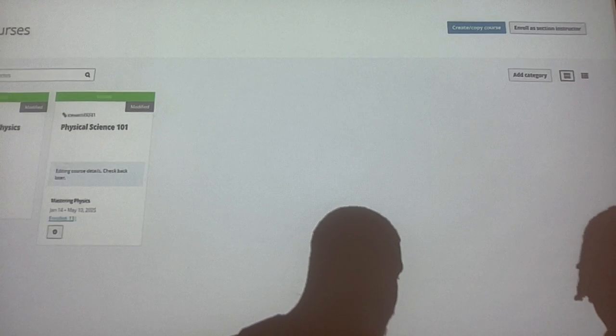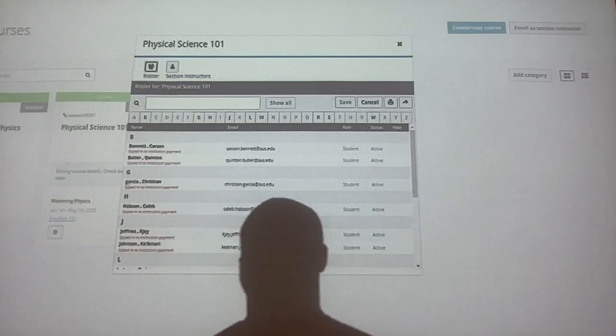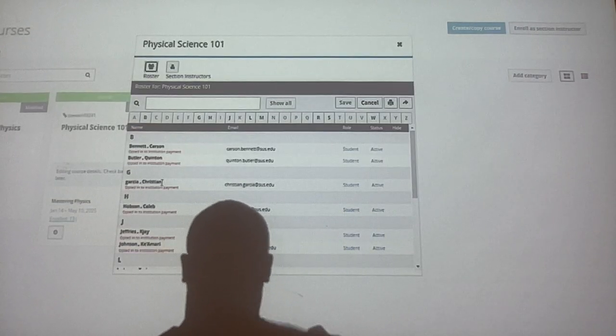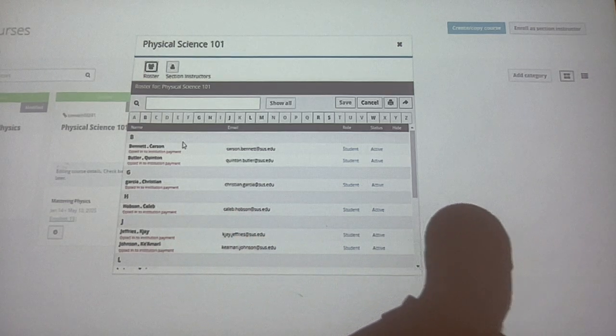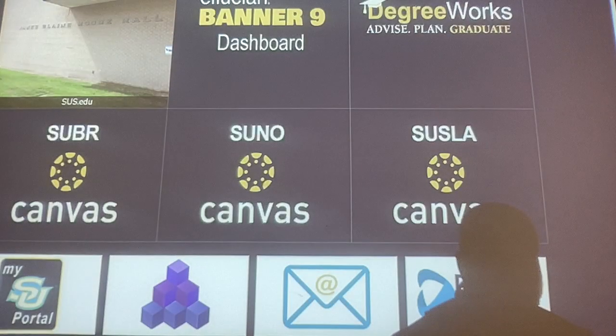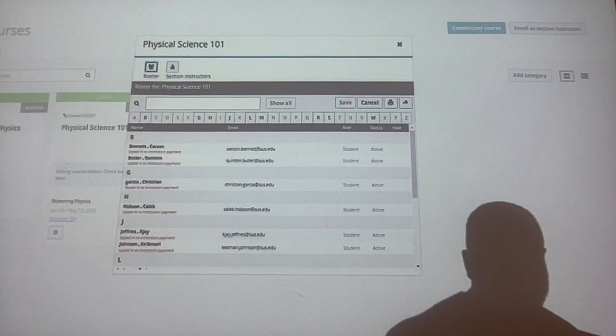It said he registered. What is your name, man? Quentin Butler. Right there. Yeah, Quentin Butler. Then you good. You in there. I'll just have to make sure. Once you close all of that, you should be good. Because you probably just got it open on too many browsers and all that. But you got your username in there and all that.